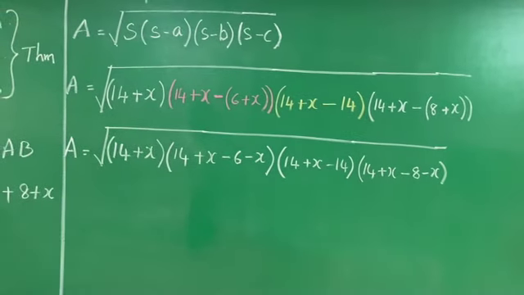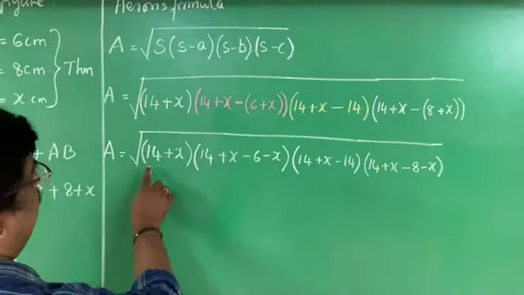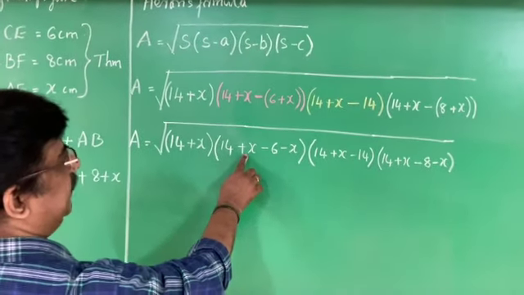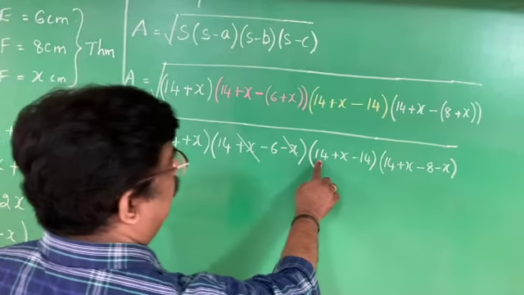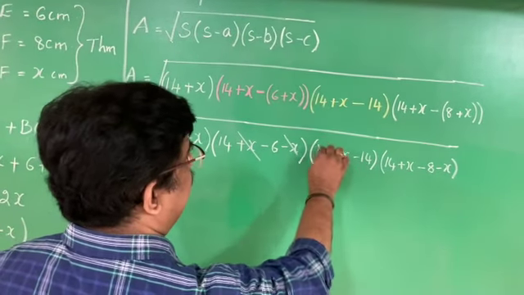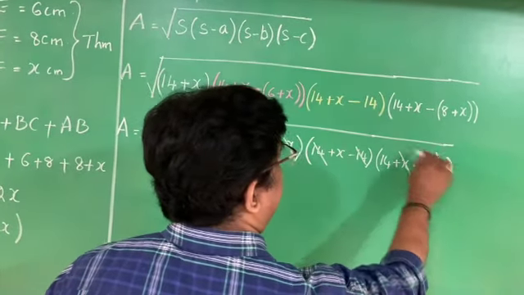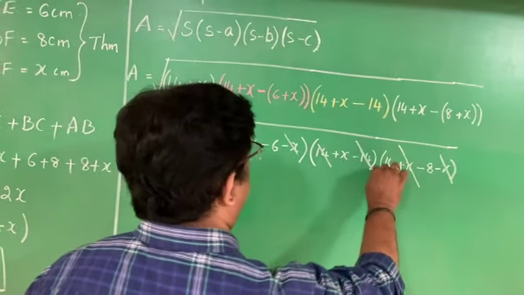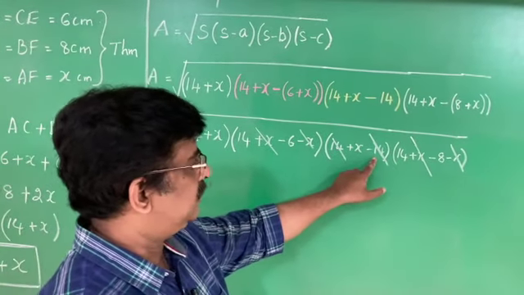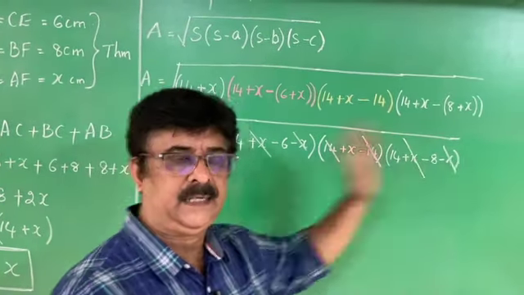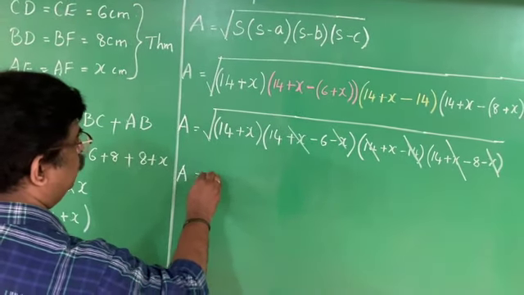Now the cancellation part. Is there any cancellation? Here plus x is there, minus x is there. Cancel. Here 14 is there, minus 14 is there. Cancel. Here plus x is there, minus x is there. Cancel. Plus x, minus x. Plus 14, minus 14. Plus x, minus x. I cancel. Then what is left? A is equal to square root of